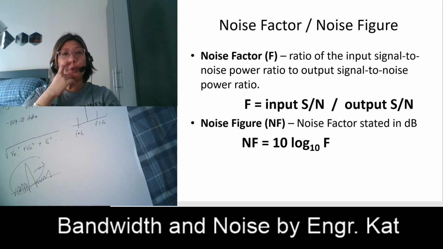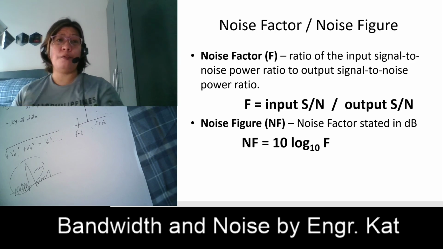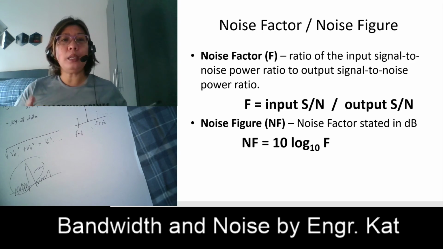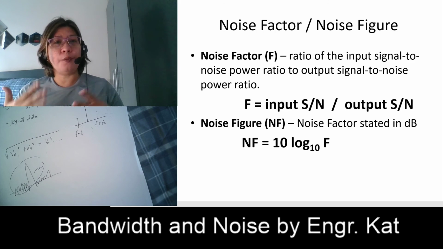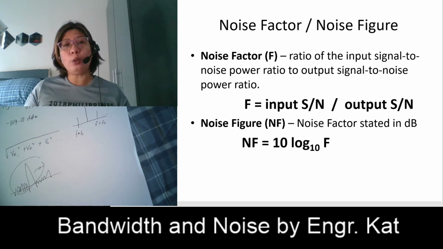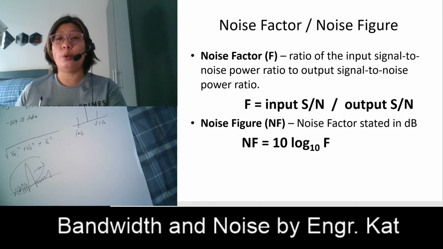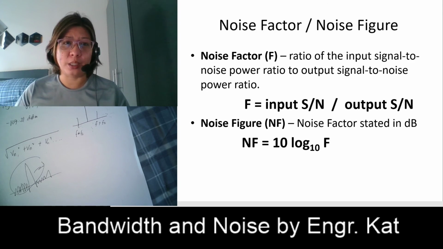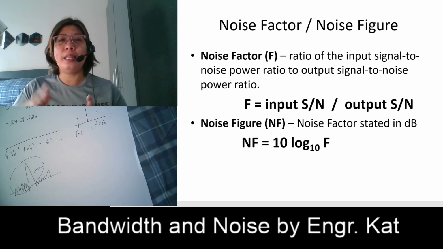Okay? And then we have here a noise factor. Noise factor is denoted by F. This is the ratio of the input signal-to-noise power ratio to the output signal-to-noise power ratio. So, you have a transmitter and a receiver, for example. You have an input side and an output side. There is a possibility that you have noise at the input. And then, after passing through the circuit, for example, you have filters already, at the output you can also have a signal-to-noise power ratio. So, the noise factor is just a ratio of these two ratios: the input signal-to-noise and the output signal-to-noise.